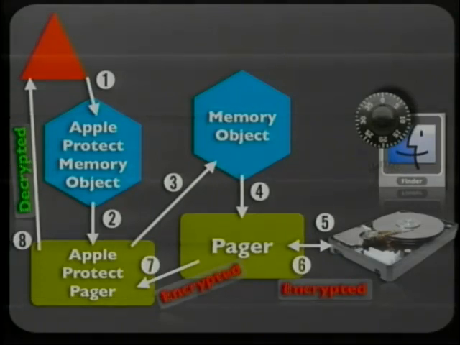So normally, you would start mapping pages in as you try to execute a binary. So the moment they see that it's a protected binary, all they do is instantiate something called an Apple Protect pager, and they swap the memory object port so that the original VM object sees the new one, and this guy has the old one. Very simple. There's no tricks here. So all that's happening is that this guy reads protected, encrypted data from the file system. It decrypts on the fly. And it's a trivial pager because this stuff is never going to be paged out.